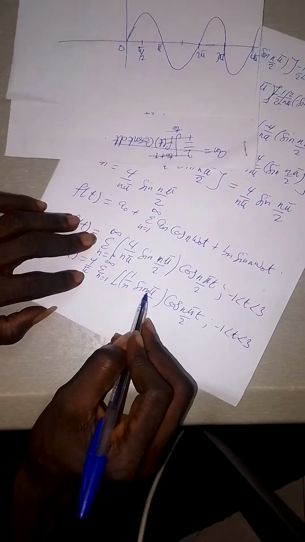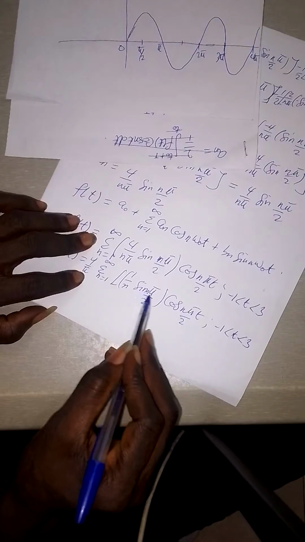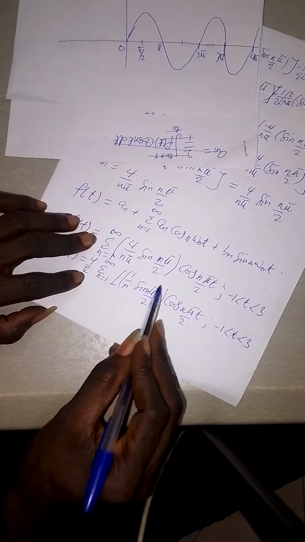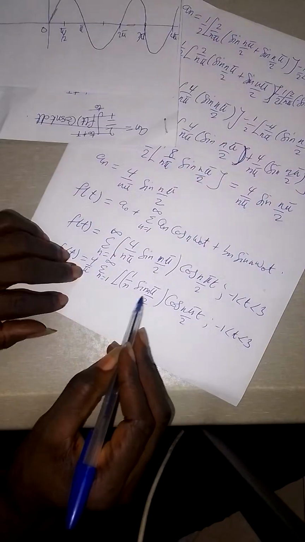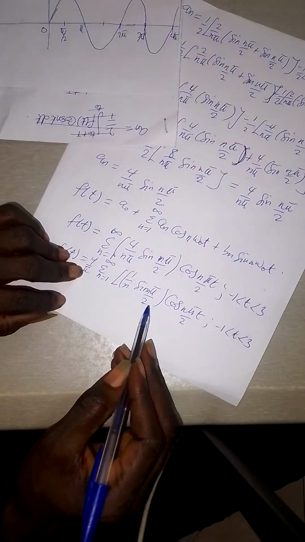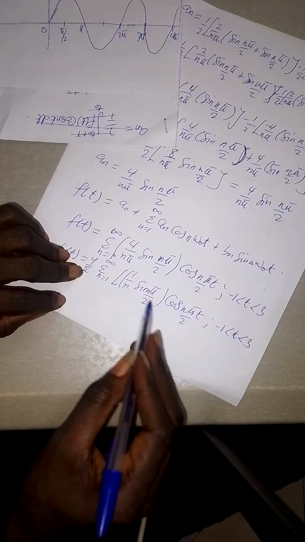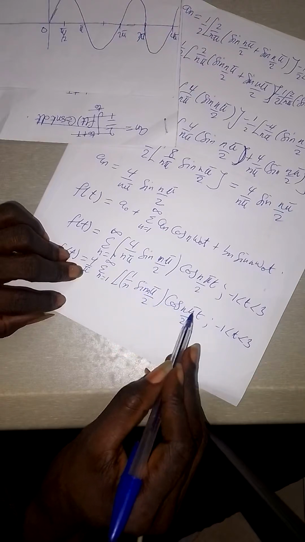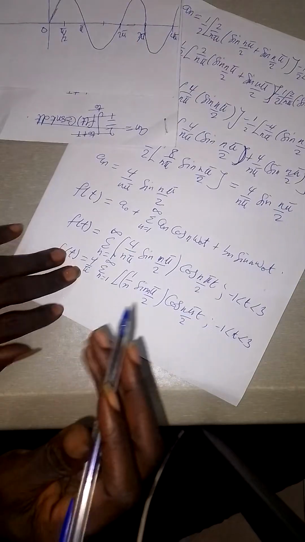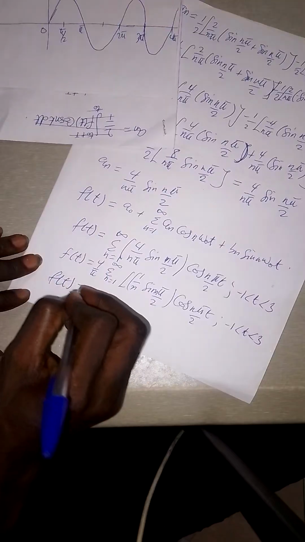And if n is 1, I am going to have sine pi over 2, and sine pi over 2 is 1. So the whole of this one is 1, because 1 over 1 is also 1. So I'm going to have 1 into cos pi t over 2. So that means f of t is equal to